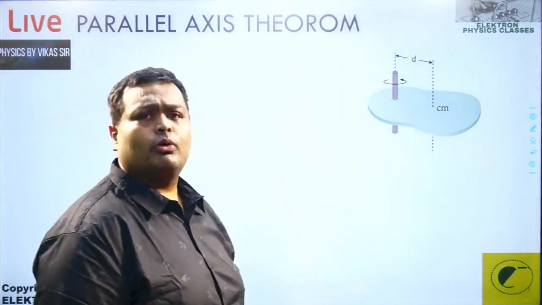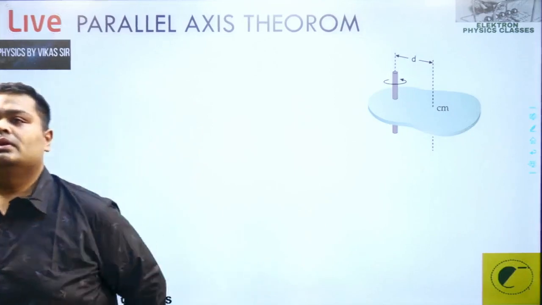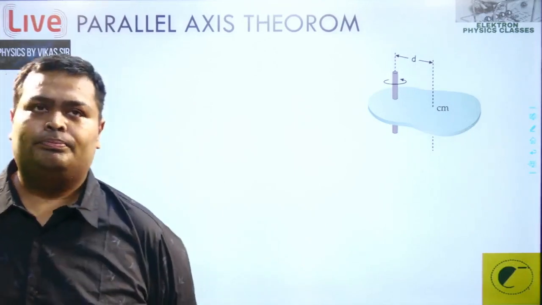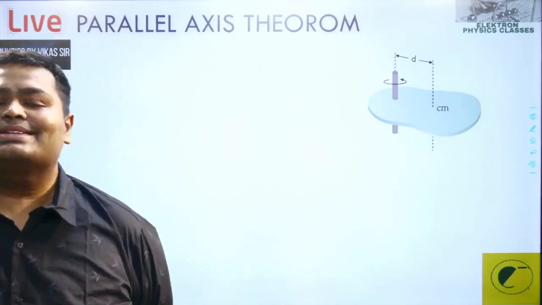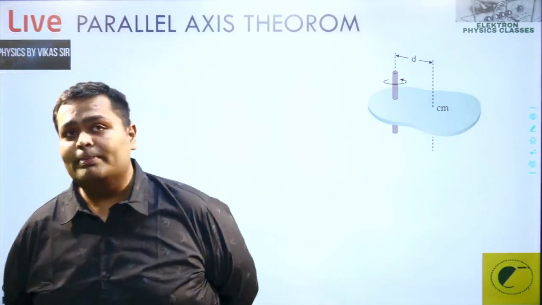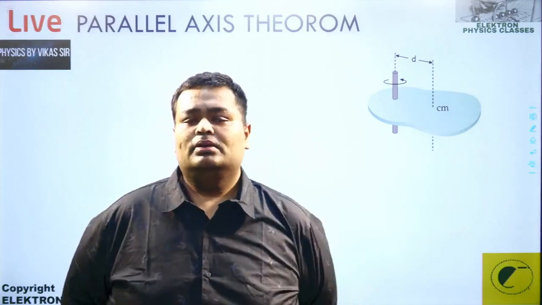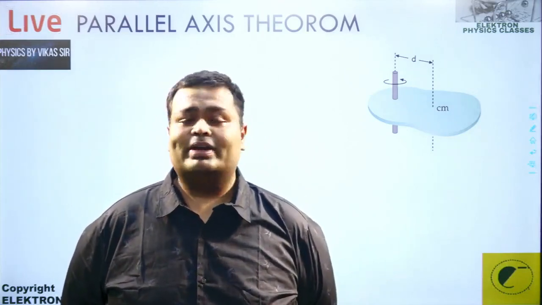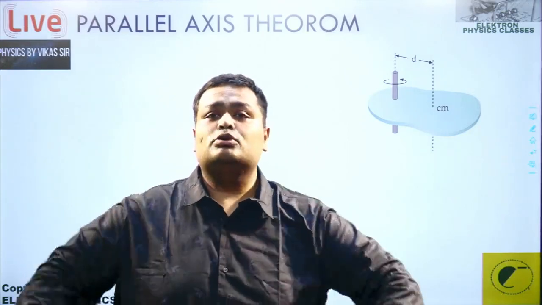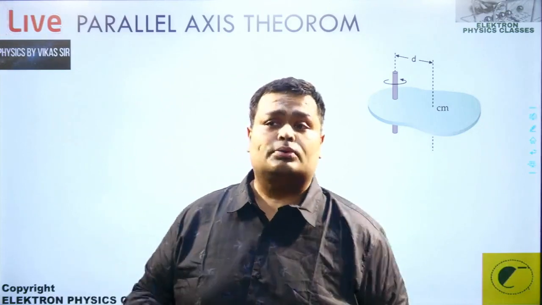So moving ahead. Parallel axis theorem. What is this? We have two theorems with us. And what are these theorems for? See, we have already seen that the moment of inertia comes minimum about the center of mass axis, which is perpendicular to the plane. Right? About that axis, we get a minimum. Correct? And so we need to check about the different other axes also.